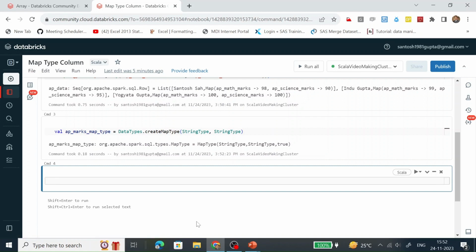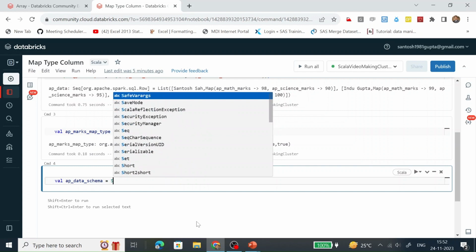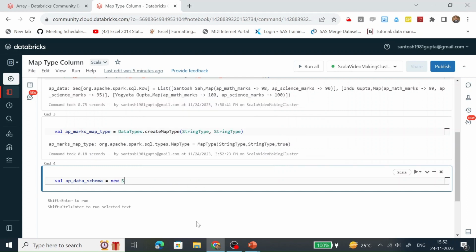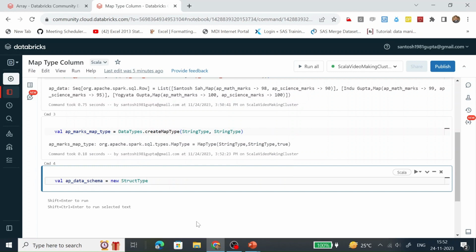Now let's create a custom schema. How are we going to create a custom schema? We are going to create it with the help of a StructType. On top of that, I am calling the add function, and here we are going to define the column name.